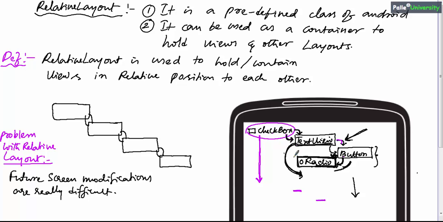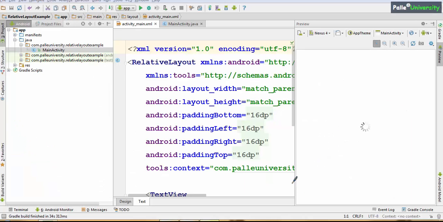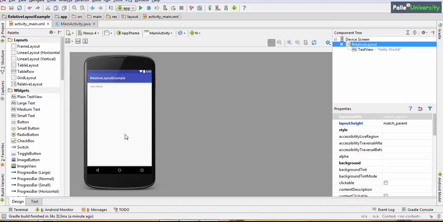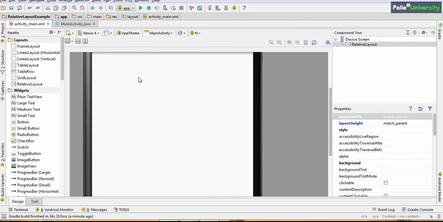Now, in order to design this screen in Android Studio, there are 2 options. Either you can open the graphical user interface and simply drag and drop these 4 elements, or else you can open the text perspective and directly use these 4 properties to design the screen. First I will show by using the graphical user interface. First let me show you how to design that screen by using the design perspective. I will delete this existing text view. I will maximize this screen design.